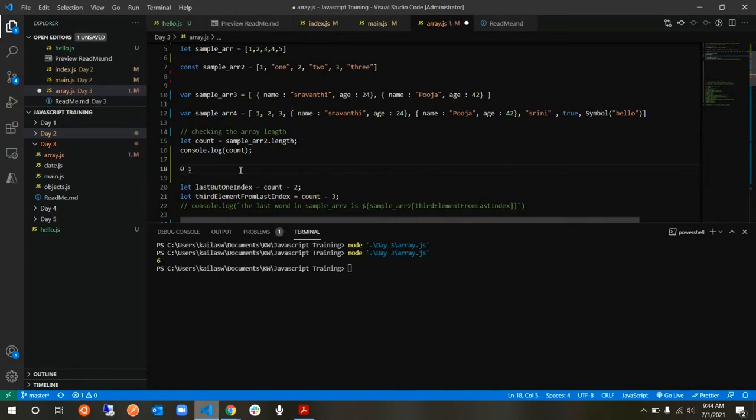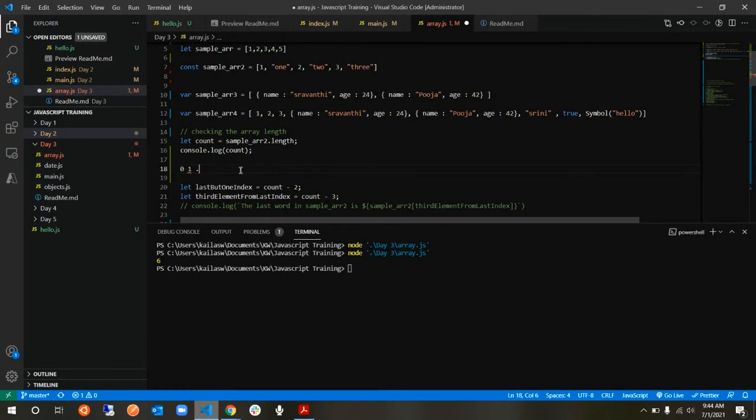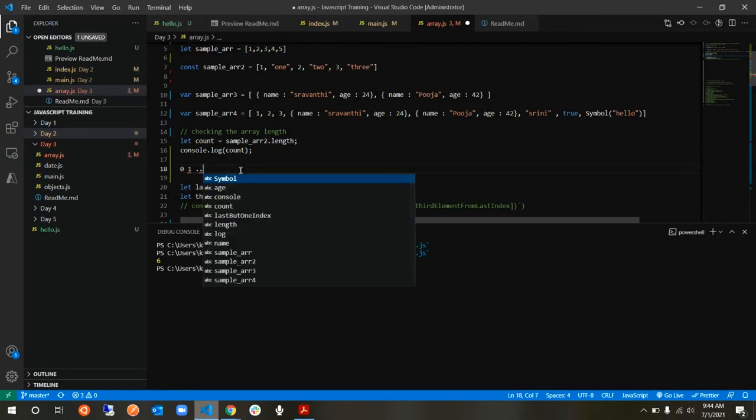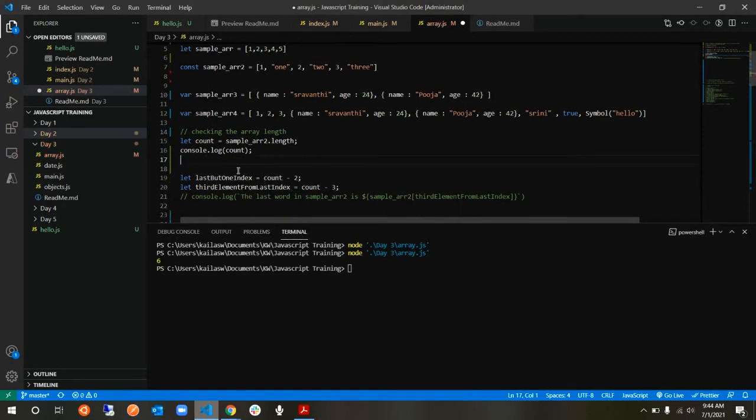Similarly, if you want to access the last element, it is n minus 1, assuming that your array length is n, then your last index will be n minus 1.